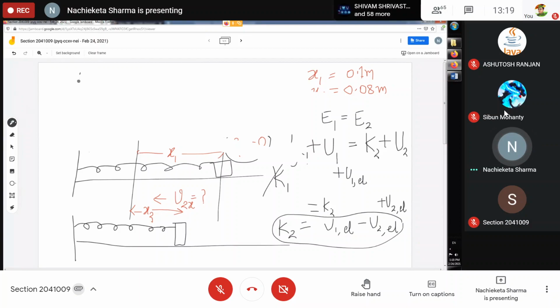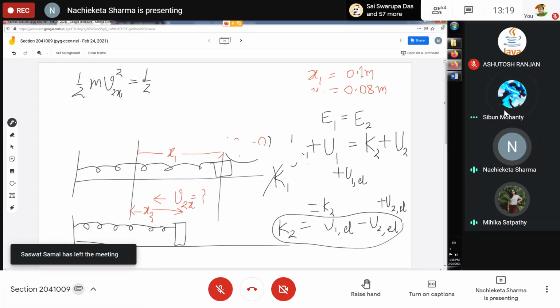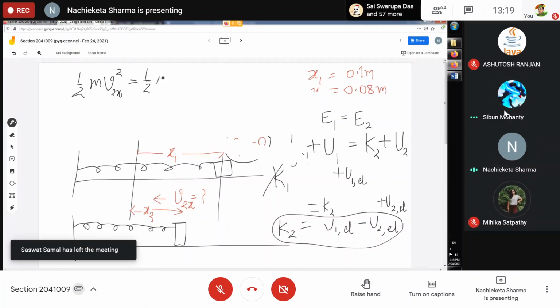So I will write half mv2x square is equal to, what is u1 el? We have just learned it on Monday, I think. What is u1 el? Half kx1 square. Half, then the spring constant k, and the initial position x1 square,